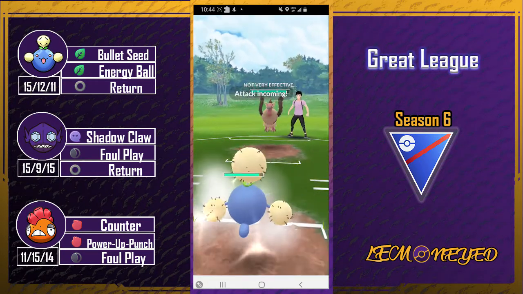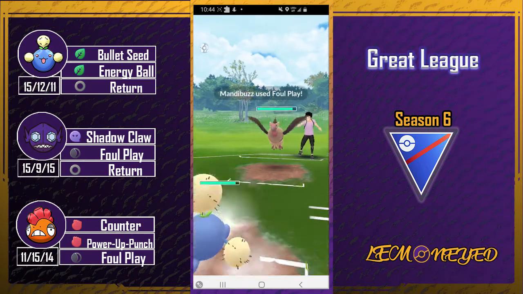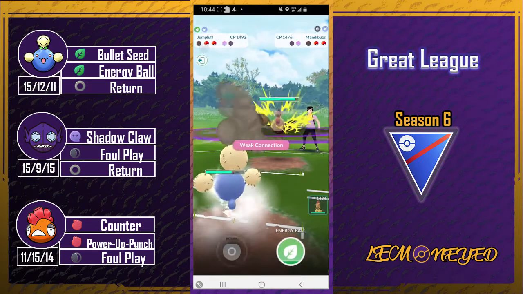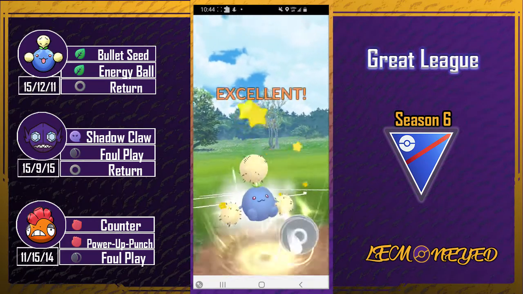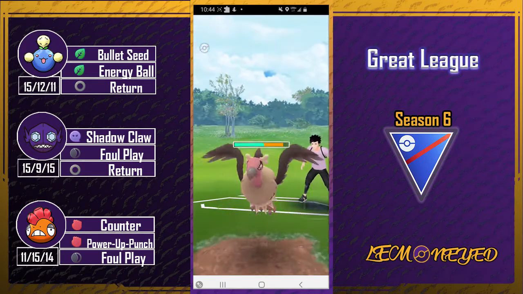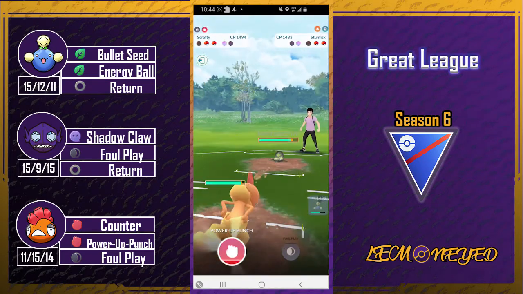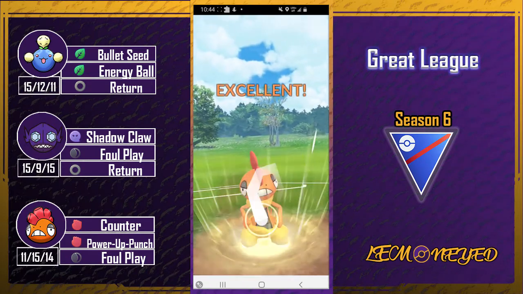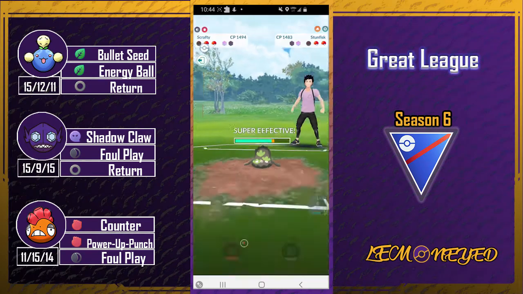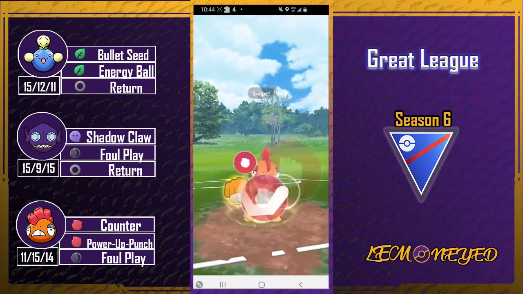Coming in again with Mandibuzz, and then I plan to go for the return, and this Mandibuzz uses foul play, which is interesting. Why aren't they using like a flying type charge move, right? And so that is raising some questions. So I come in with Scrafty, and that is the response for Scrafty, which is a Pokemon weak to Scrafty, which is nice. That is what we love to see. Scrafty loves to see